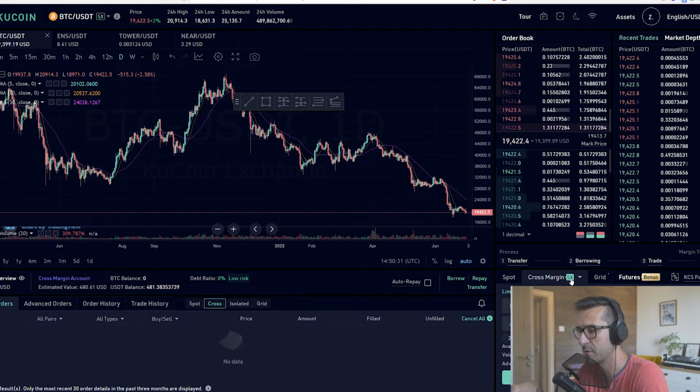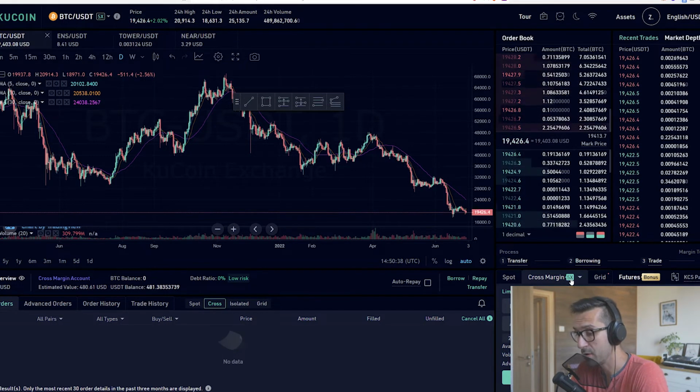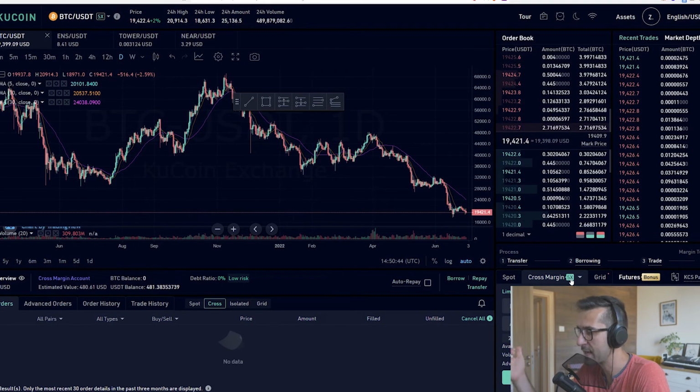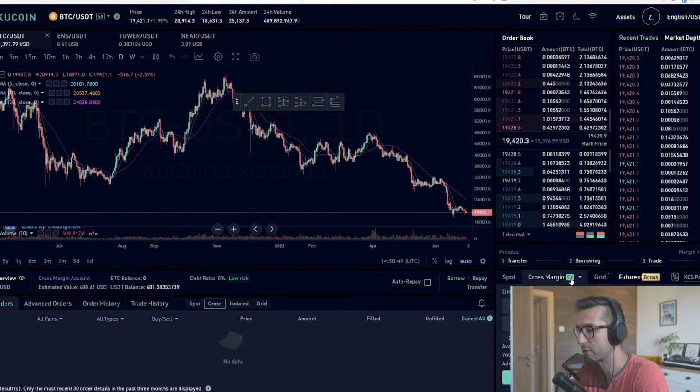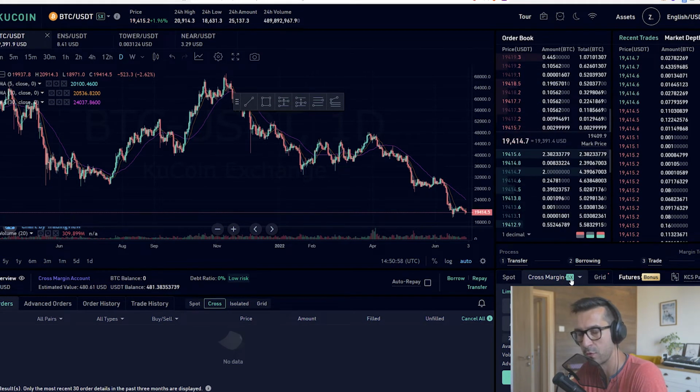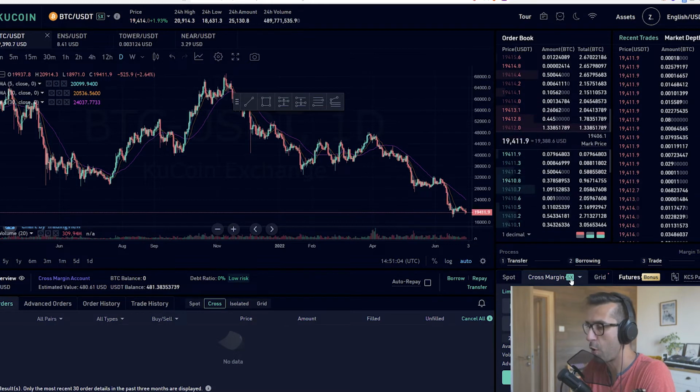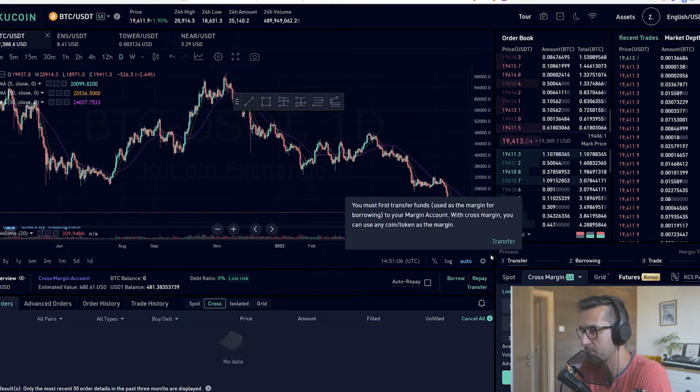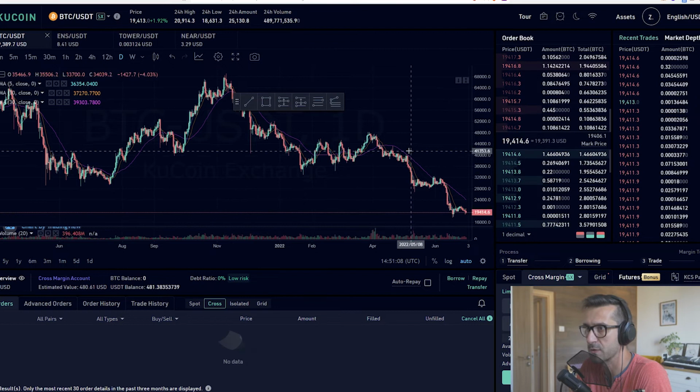margin. I've seen people trading with 50 and 100x leverage, but that's of course quite risky, because keep in mind that margin pretty much multiplies the purchasing power that you have. So in this case, if you borrow with 5x and the price moves 1% in any direction, this means that the money that you're going to be making or losing is actually 5%. So 5 times more than the movement in the price. So always keep this in mind and always make sure that you're aware of the risks when it comes to